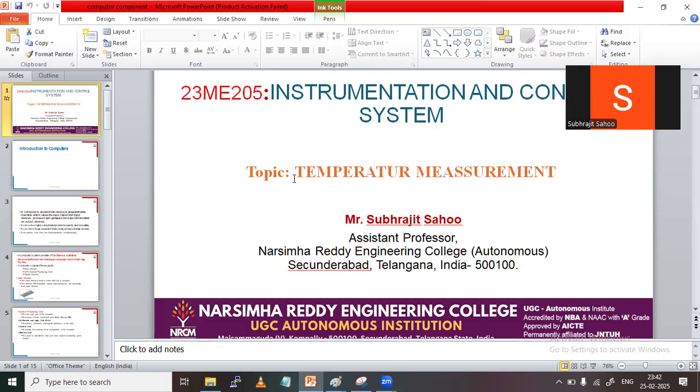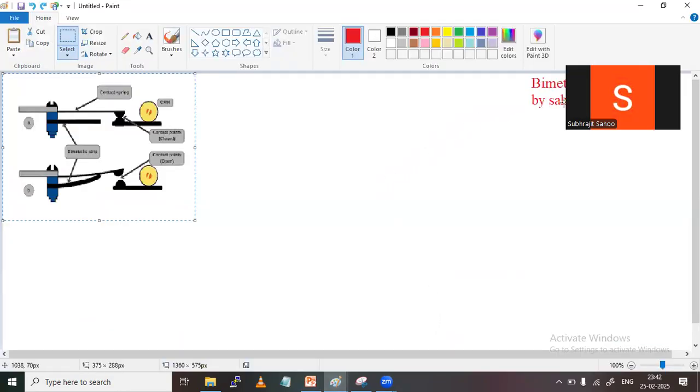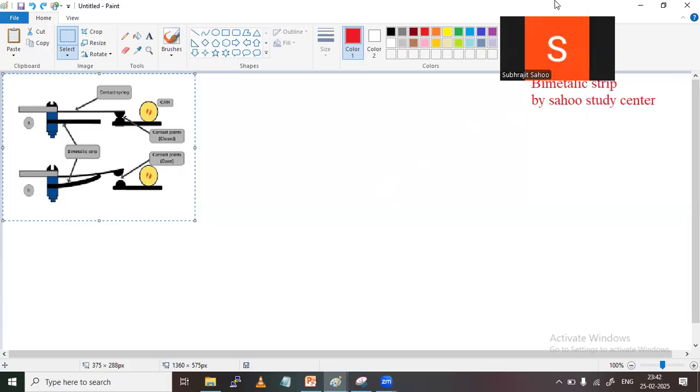Also in the last class I told the working principle of the bimetallic thermometers. Today I'm going to continue the same bimetallic strip. In this video, I will tell the working principles, advantages, disadvantages, and applications of the bimetallic strip. We will slowly observe here. And before that, the important terminology I'm going to use here is